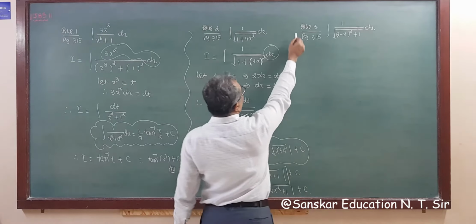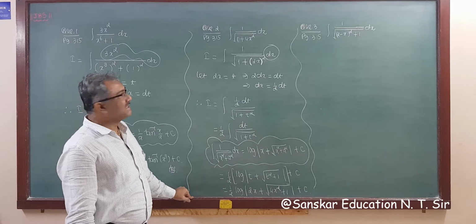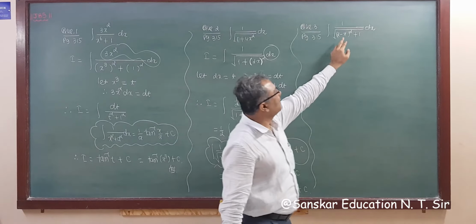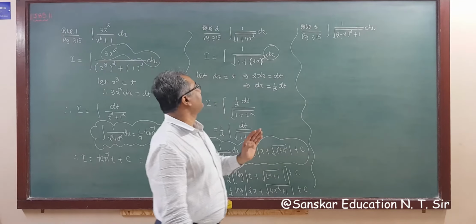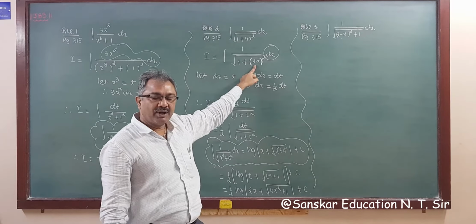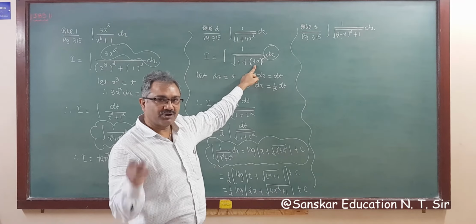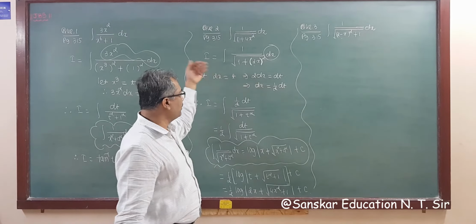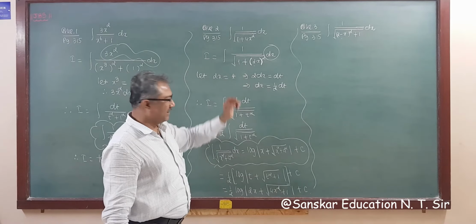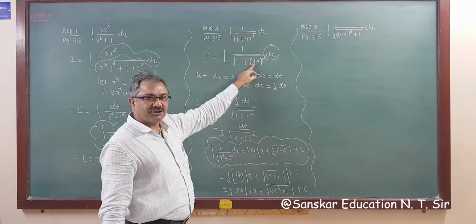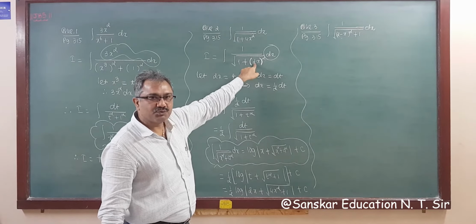Now question number 3. Question number 3 is given 1 upon under root, same formula x square plus 1, but instead of x it is given 2x, right? Listen here, one thing. If you are clear that you have to divide by 2, since the coefficient of x is 2, then there is no need to assume this thing. You can apply the formula half log directly, because we are going to divide by 2. So the simple formula is 1 upon x square plus a square, but instead of x here is 2x.